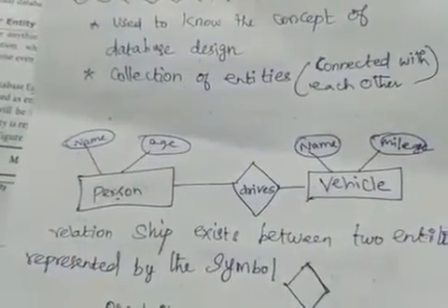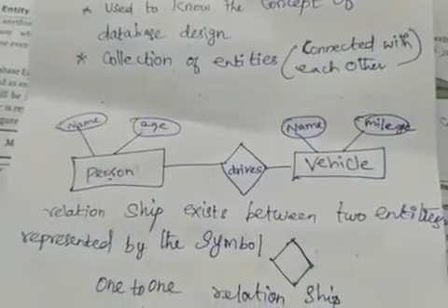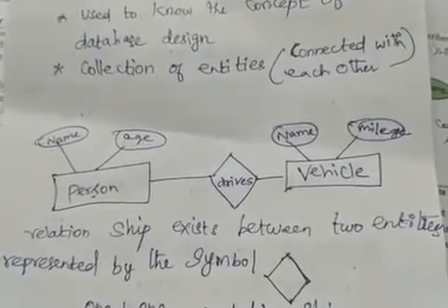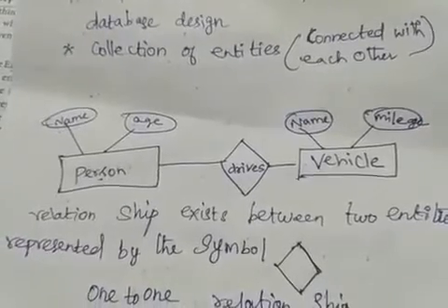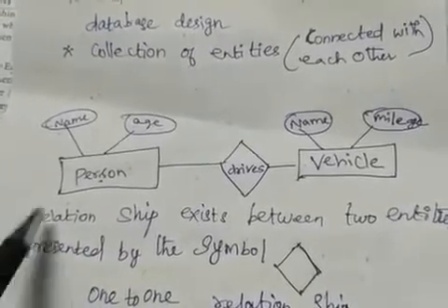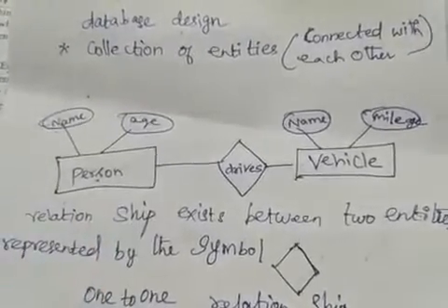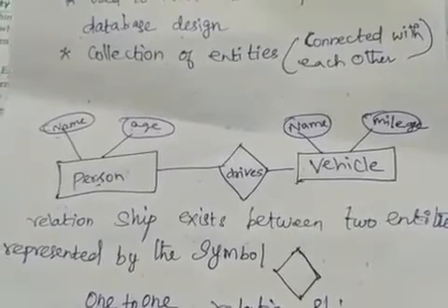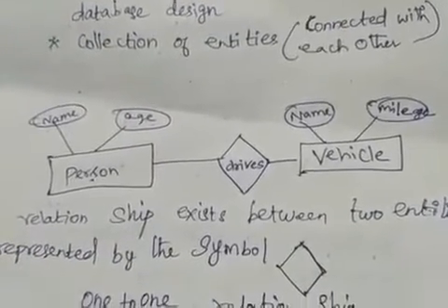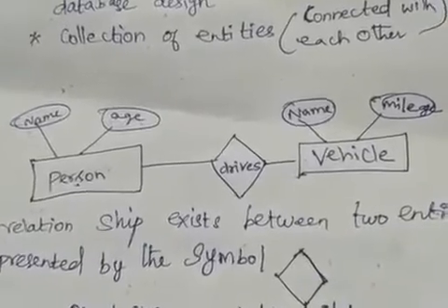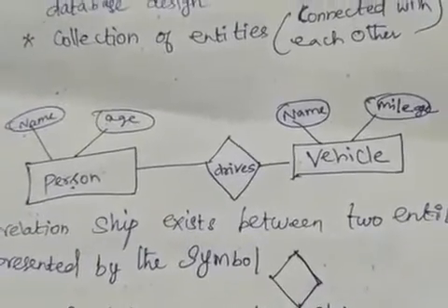And what are the types of entity? Strong entity and weak entity. A strong entity has a primary key and cannot be divided into many parts, and is represented within a rectangular box, and a weak entity is represented within a double rectangular box. And attributes and types of attribute: single-value attribute and multi-value attribute. That is what I had seen in the last video.